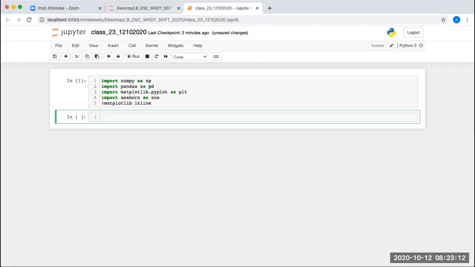Now we are going to import the data. We will be importing the same Pokemon data which we used last week.